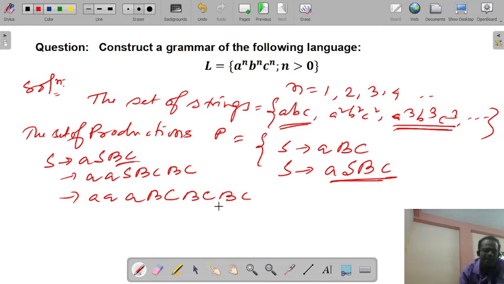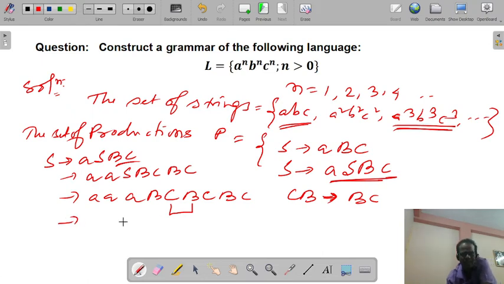So here you just see, for this production we need to place all the B together and all the C together. For this case we need to change the position of CB. So here it needs to change, that is CB to BC.